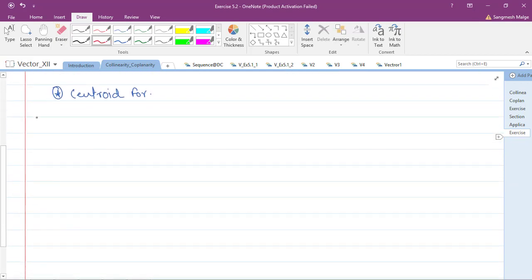So the first question says that the position vectors of points P and Q are P bar is equals to i minus 2j plus k, and Q bar is what? It is i plus 4j minus 2k. Okay, these are the position vectors of points P and Q. Find the position vector of R, full stop. Find R bar, that is the position vector of R, and